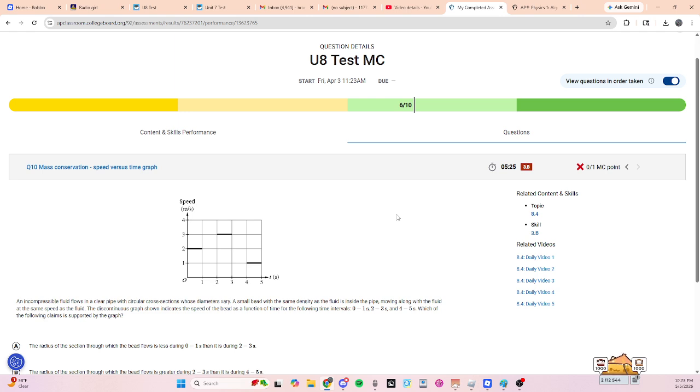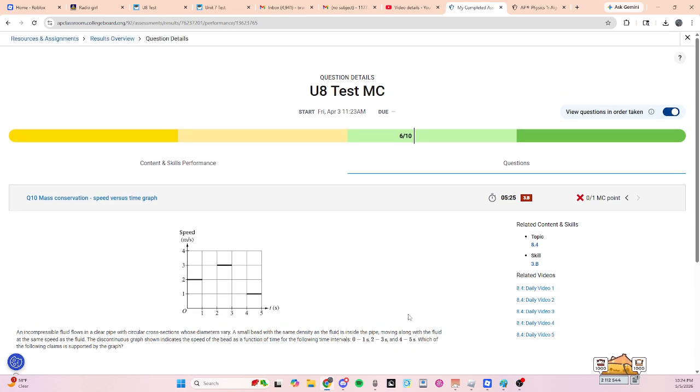An incompressible fluid flows in a clear pipe with circular cross sections whose diameters vary. A small bead with the same density as the fluid is inside the pipe, moving along with the fluid at the same speed as the fluid. The graph shows the speeds of the bead as a function of time for the following intervals. Which of the following can support the graph? Okay, so